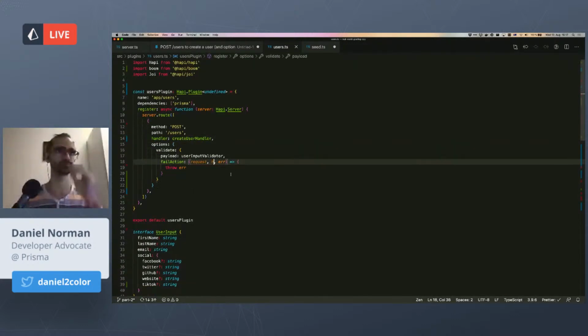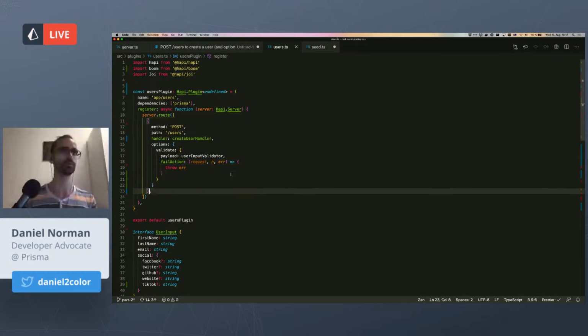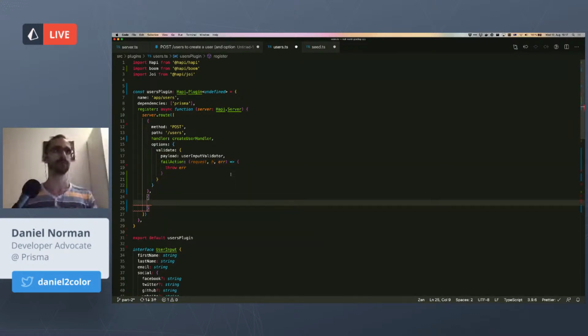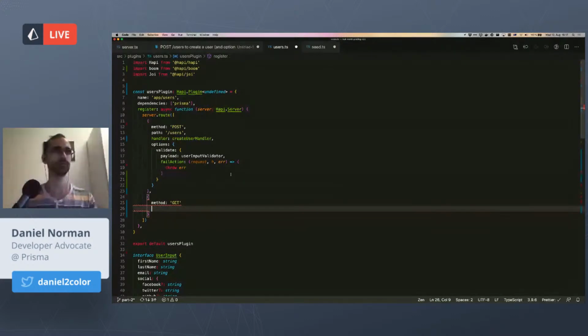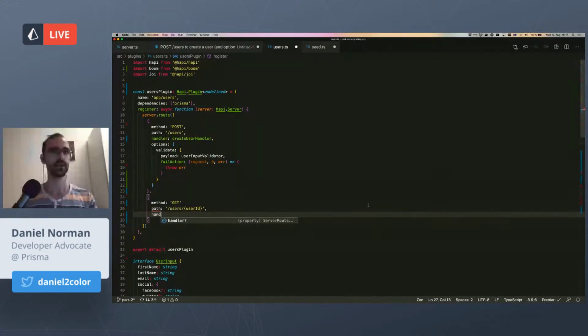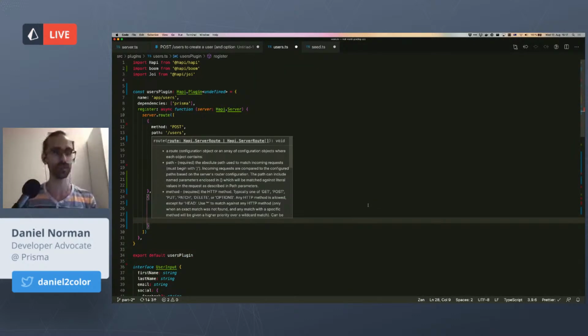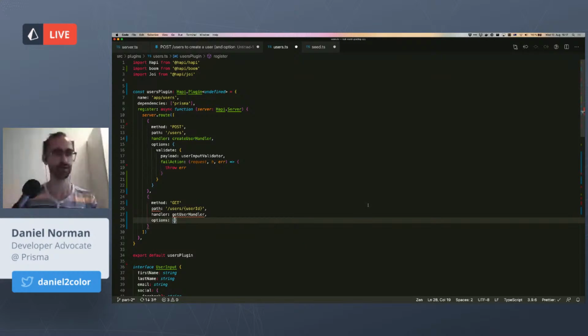That's all great. And now let's define another route. So this route will be the get user, so that we can see what users we've created. And we're going to touch on a new feature that we haven't covered so far called parameters. So parameters can be defined as I'm doing now. And handler, get user handler. And options, we'll already add some of the